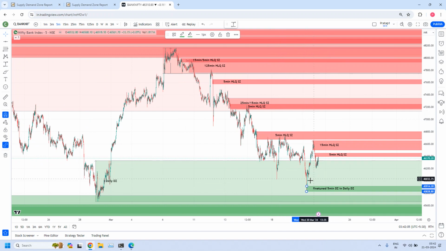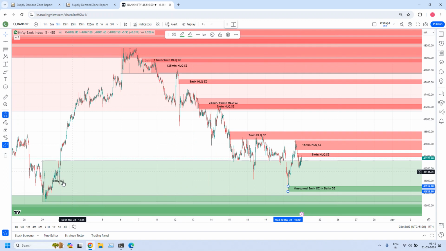Because this 5 minutes demand zone is continuously testing several times, we don't know. It can be converted to high liquidity zones, but we don't know that because other conditions also should be met, because the software will be evaluating several conditions to qualify that as a high liquidity. But one immediate criteria could be several tests are happening. That way it might consider that possibility.